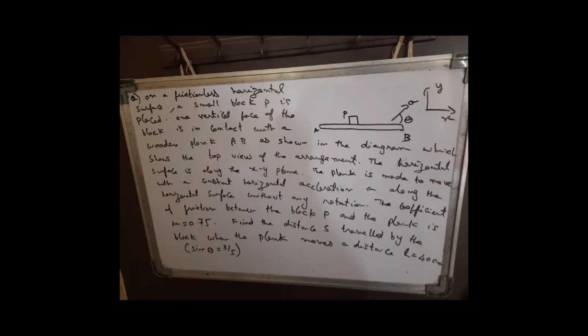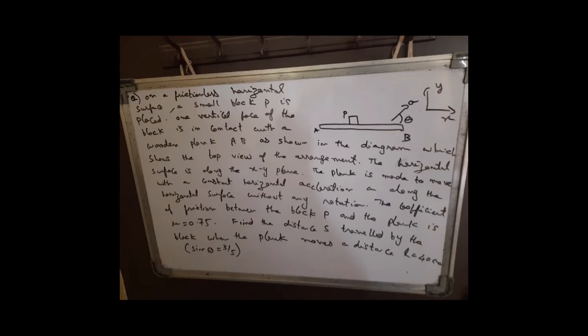But we have to find distance only, no? Yes, but here you can see whether distance and displacement will be the same or different. That you also need to think about. If you think that they are the same, then you can just find the displacement, which should be as good as the distance. In this case, we'll get that the acceleration is in the same direction only, so the motion is in one direction only. And I think the system starts from rest only, no? It won't matter whether the system starts from rest or not.